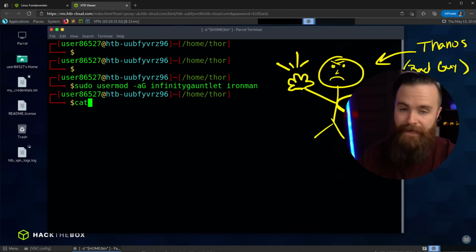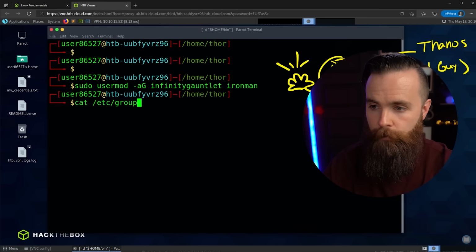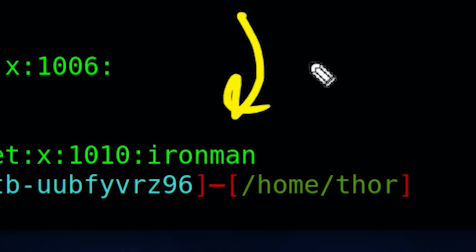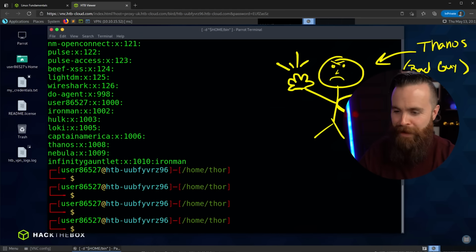Just like that, Iron Man has the glove on. We can actually see if that's happening by catting the group file, /etc/group. And here we can see the Infinity Gauntlet group, the members over here on the right, and there's Iron Man right there. Now again, if you saw the movie, you know that Iron Man and Thanos were kind of wrestling